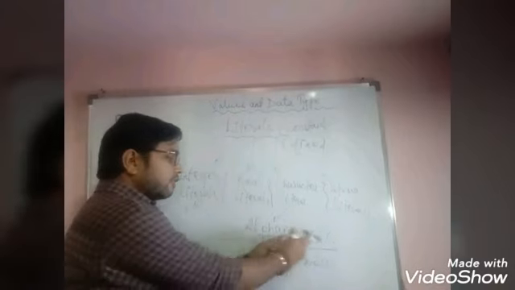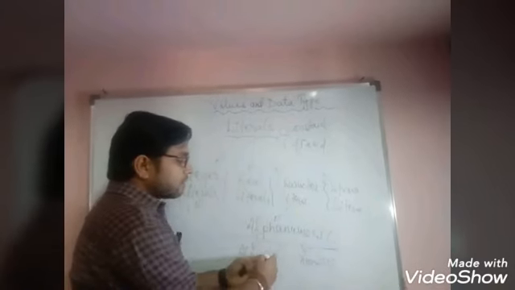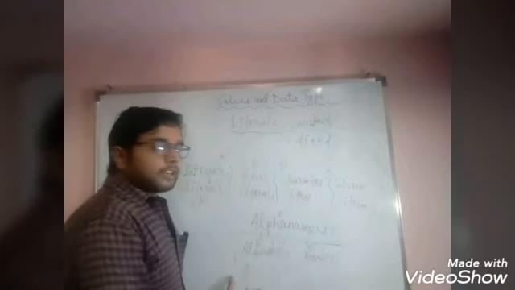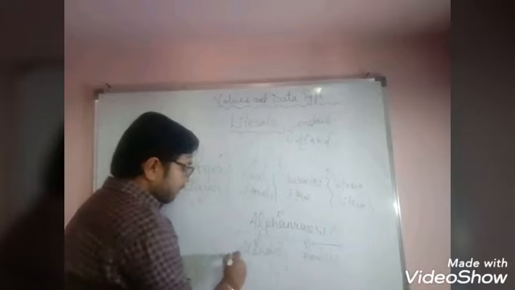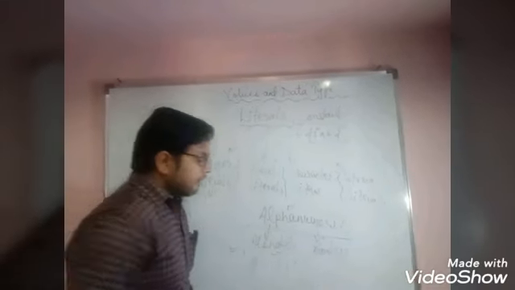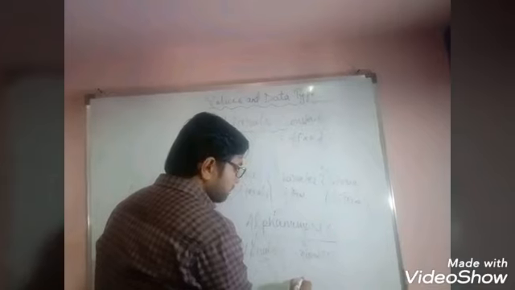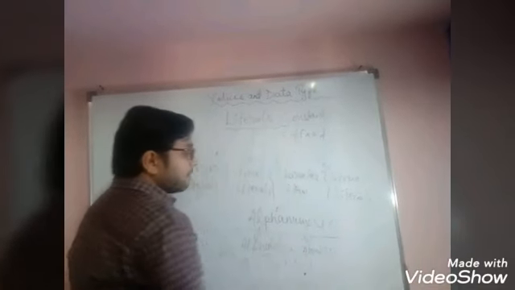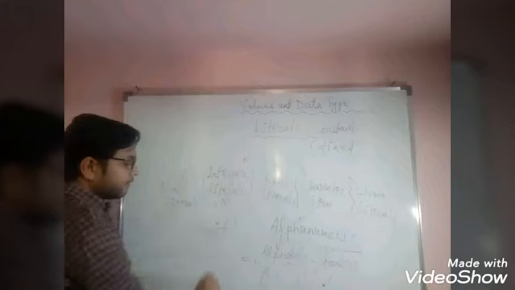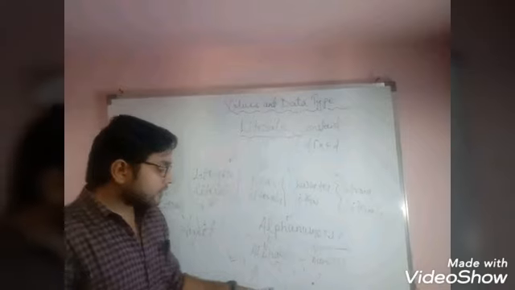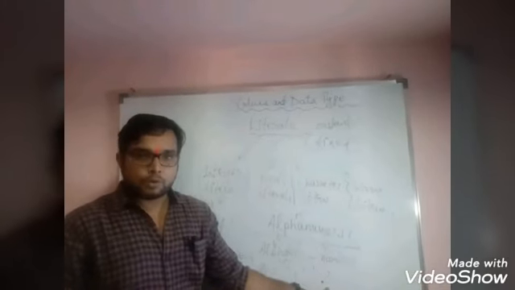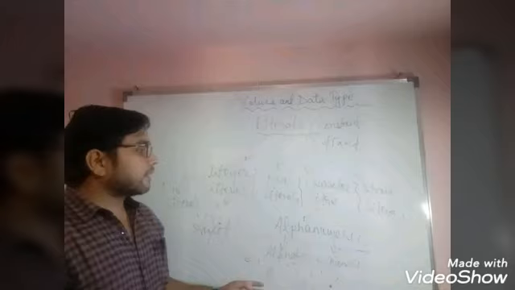Character literals are alphanumeric in nature. You can write alphabets, you can write numbers, but single at a time and in single quotes. If you are writing A in single quotes, then it is correct. If you are writing 1 in single quotes, then it is correct. If you are writing a dot in single quotes, then it is correct. But if you are writing any name, for example Amit, in single quotes, then it will be wrong, because in a character you have to write only a single letter, single digit or single special symbol. So this is called character literals.